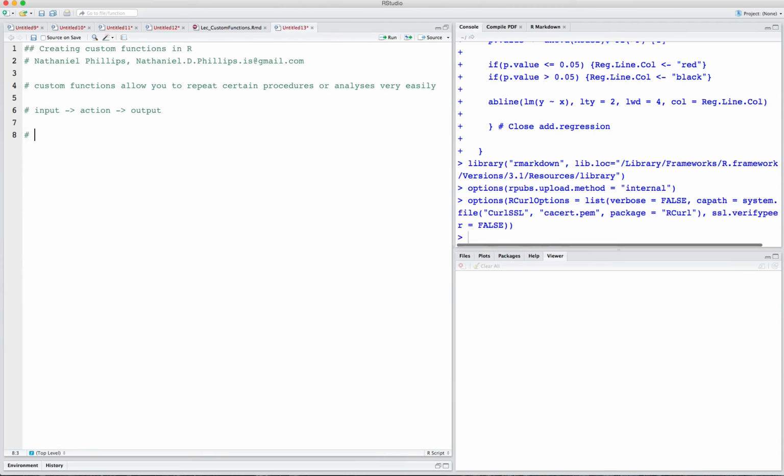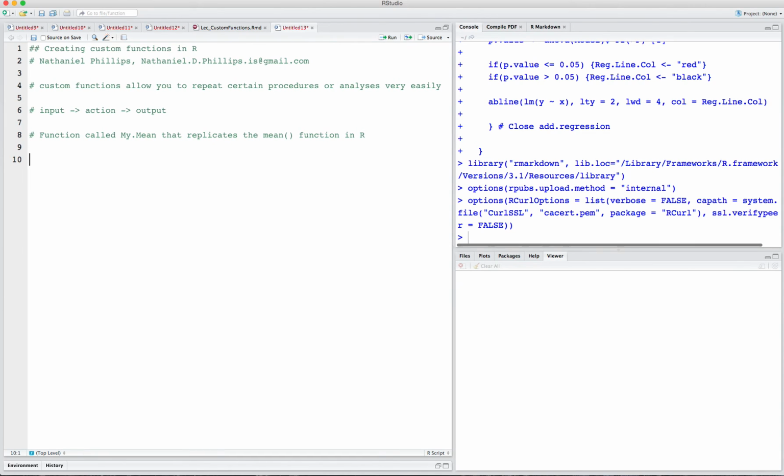So first off, let's create a function called myMean that replicates the mean function in R. Now, of course, there's no reason for us to do this because there already is a mean function in R, but this is a simple function, so it'll be easy to see how it works. The first thing we do is give a name to our new function, which we call myMean, and I'm going to assign this. And the way you define a function is by using the function